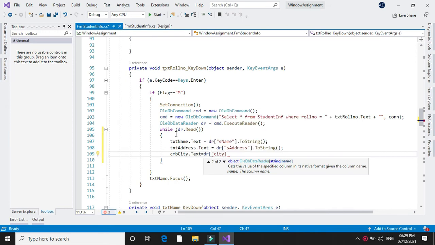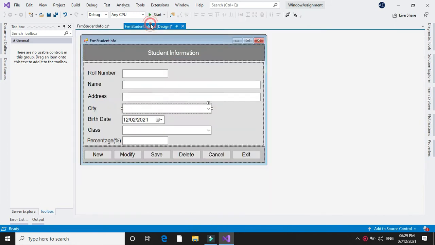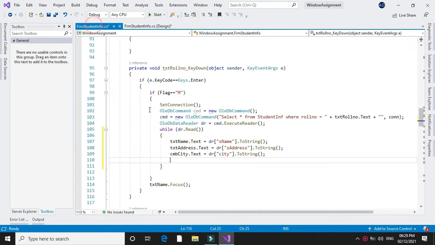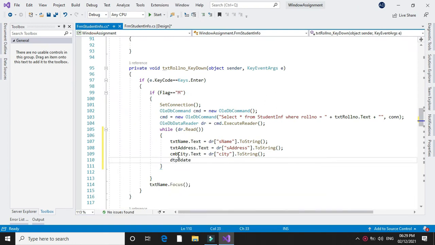We will write it in double quote dot toString. After city, we will get the birth date. So dtp date dot text equal to dr bdate dot toString.